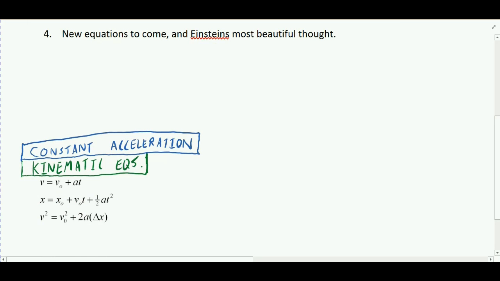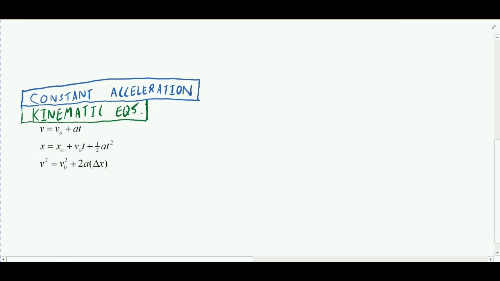Okay. Here are the kinematic equations that we talked about last time. Now these equations have to have constant acceleration. So if you are given a problem where velocity equals a certain function, like let's just say it equals 9t squared, then